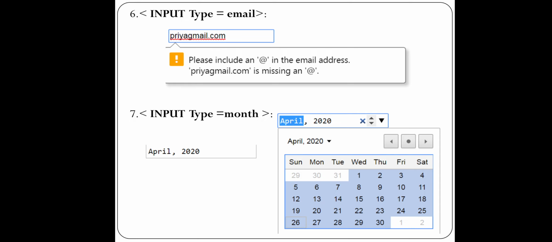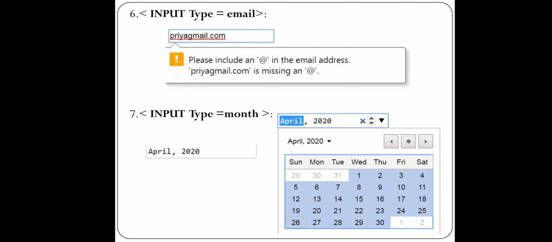Next, below you can see the seventh control is input type equal to month. Now with input type equal to month, you will get a box. When you click, you will get a calendar. From that calendar you can click on any date. Only the month part and the year part is taken from it, since it is input type equal to month. So the important thing for us is the month. If that is the case, you need to use this month control when the month and year is important.